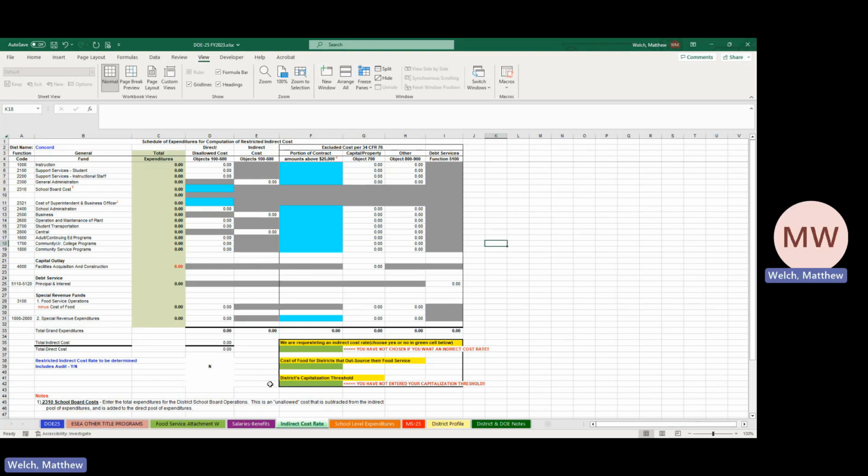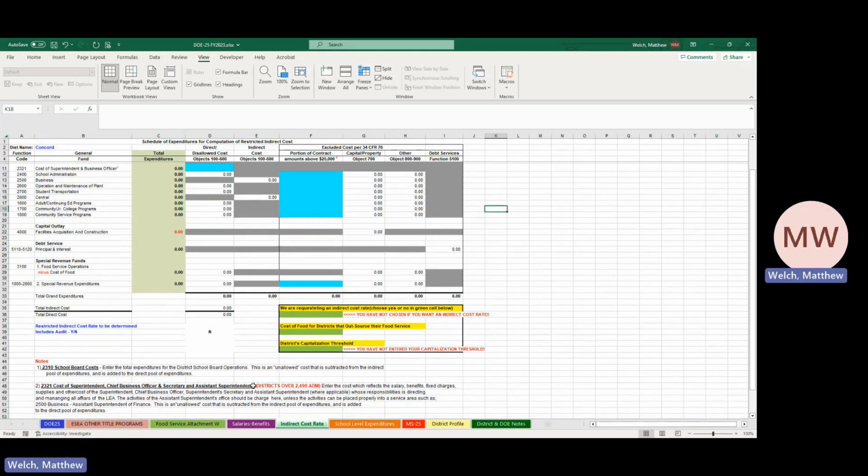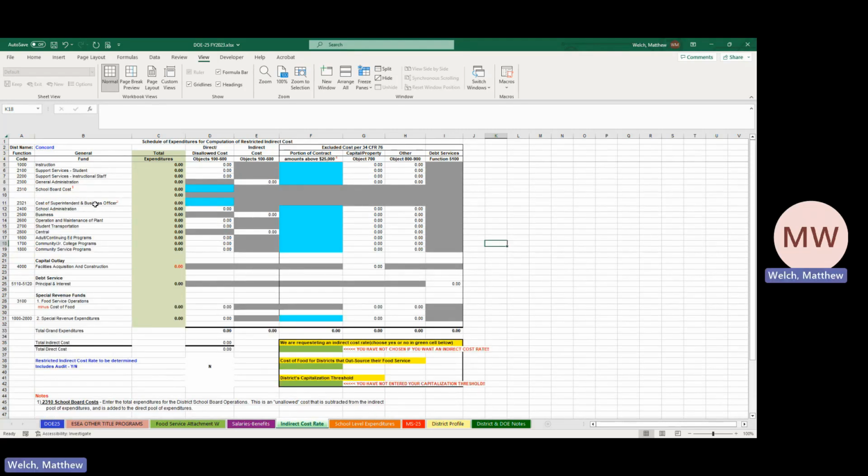But we do want you to fill it in because that is another area that they need to know about. Another change, and this will only affect maybe a handful of districts, maybe a dozen, is that for districts over 2499 ADM, counting students in attendance, in addition to filling out the line here for the cost of superintendent, we're also going to want the cost of your business officer, aka business administrator, if they're certified